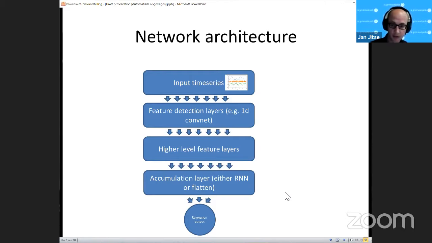So we trained that. The machine learning in principle was very simple. You just have to come up with the right network and the right parameters to make this work. And of course, gather the data, which was actually one of the harder parts to do. And I'll come back to that.